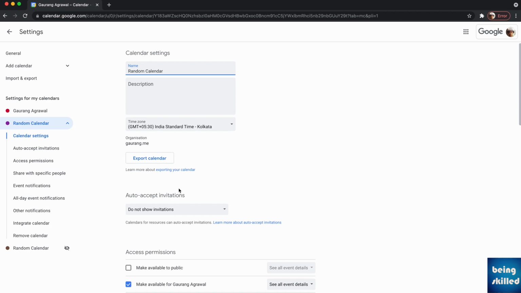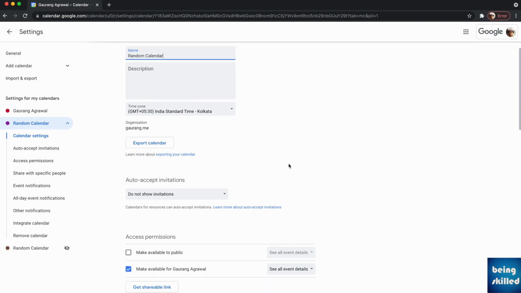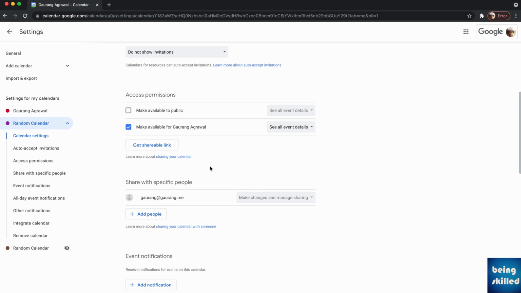And here you will see the name which we had put, and then we will be able to see various options. For example, auto accept invitations. We don't want that, but we certainly want access permissions. So what we want to do is we want to share this calendar only with the organization we work with. In this case, this is the name of the organization. It can be your university or your company or business. So the firm members or the university or fellow batchmates should be able to see all the event details. If you are setting up that kind of permission, then that will be it.